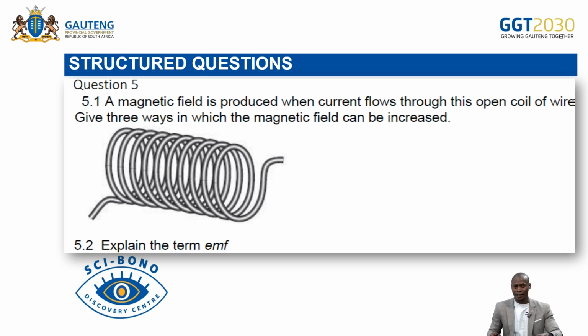Oh, no, let me read again. Sorry about that. Yeah, because it's not electromagnetic induction. The magnetic field is produced when current flows through this open coil of wire, right? Give 3 ways in which the magnetic field can be increased. Oh, now we are increasing the magnetic field. The magnetic field, learners, can be increased by using, not a stronger magnet, but in this case, by using a source of power